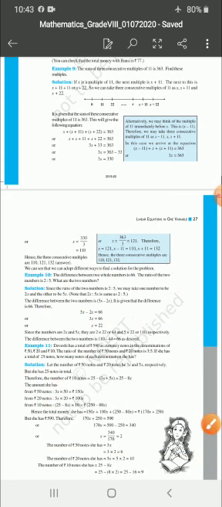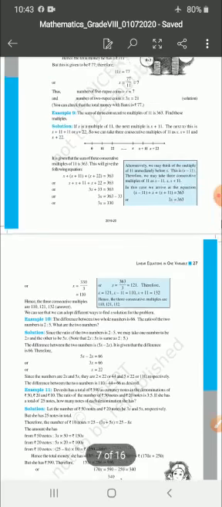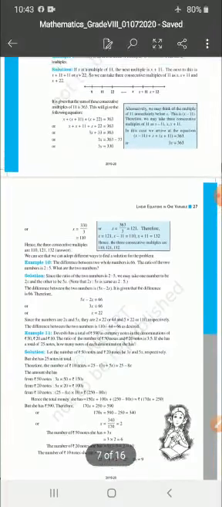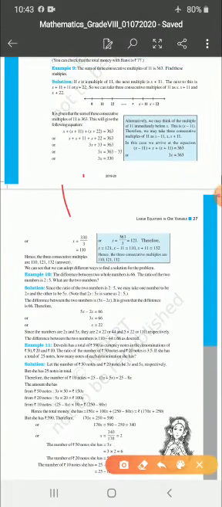He asked us to take consecutive multiples of 11, means continuous multiples of 11, like 11, 22, 33. Actually, these are called consecutive multiples of 11. So the question is, the sum of three consecutive multiples of 11 is 363. Find these multiples. So the first multiple I'll take as x.